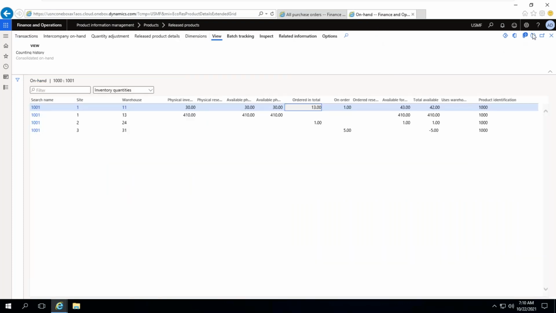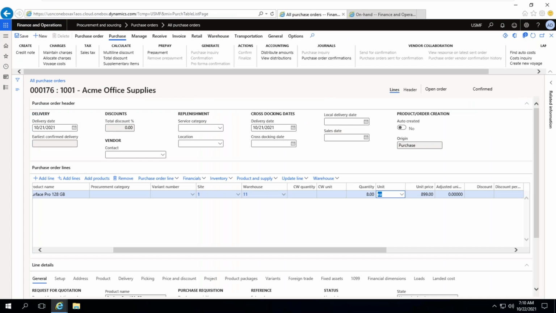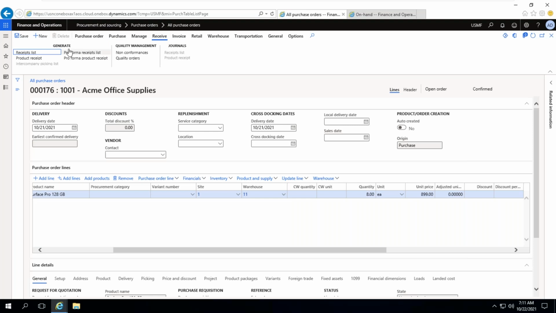If you refresh, the 8 quantity is available here only, ordered in total. Now once it is sent by the vendor, that means I have received the material. Then you can go to the receive tab, then generate, and on the page, Product receipt.